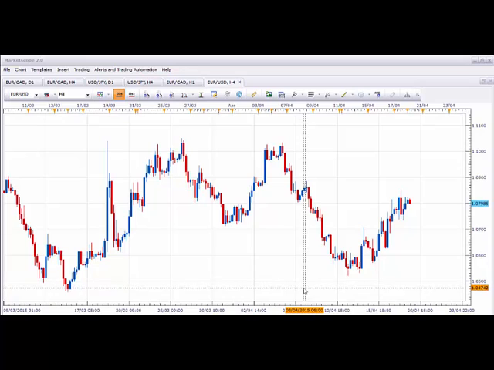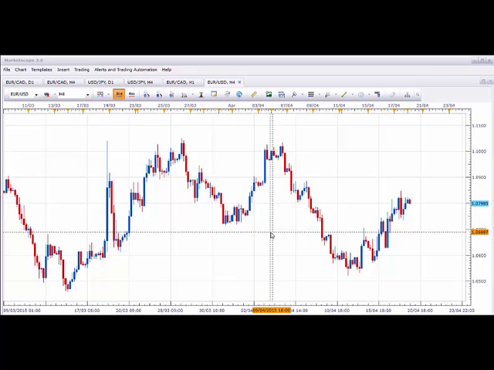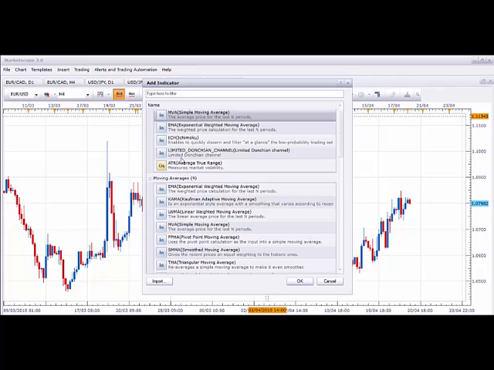Okay, now I open MarketScope version 2. This is a chart that I'm using every day. So I open up Euro US dollar on a 4-hour chart. Okay, now we need to add